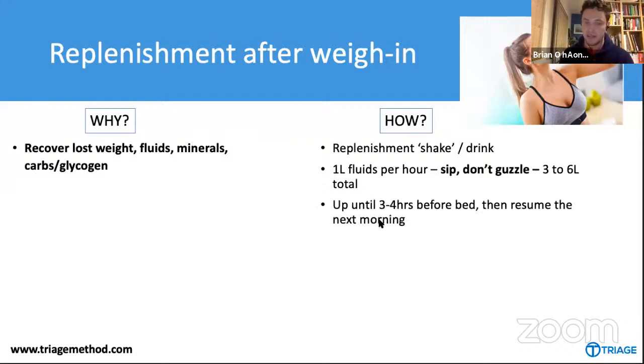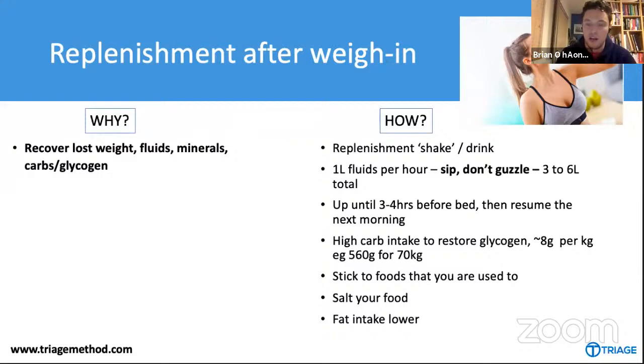And you want to stop that 3 to 4 hours before bed, so you're not getting up multiple times in the night, because you're not going to be as well rested then. If you're fighting the next day, or maybe even a few days, in that context, maybe not as important. But sip it, don't guzzle. And you should do this anyway. You should cut your fluid intake so you're not waking up to go to the toilet, and therefore disturbing your sleep and your recovery, energy levels, and so on.